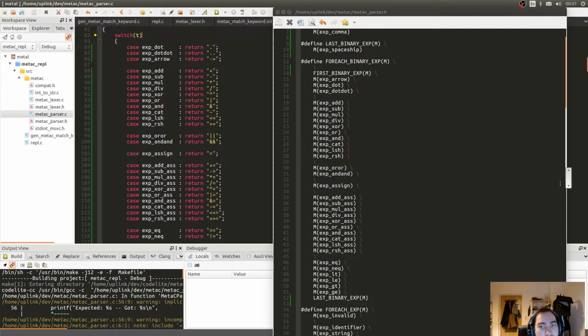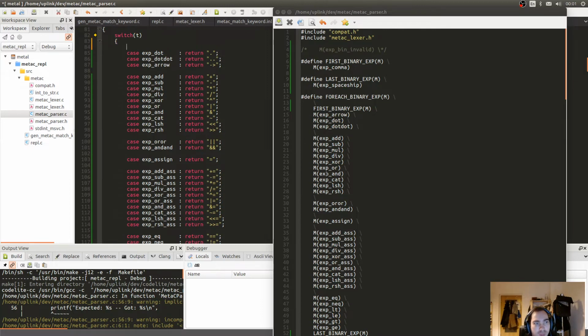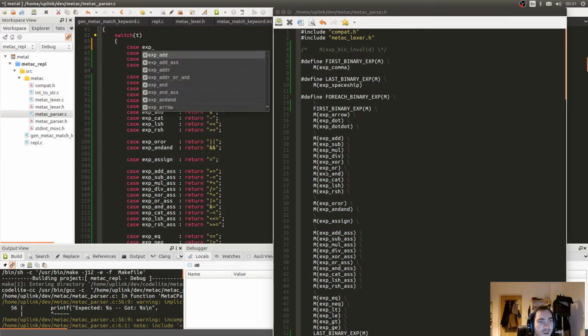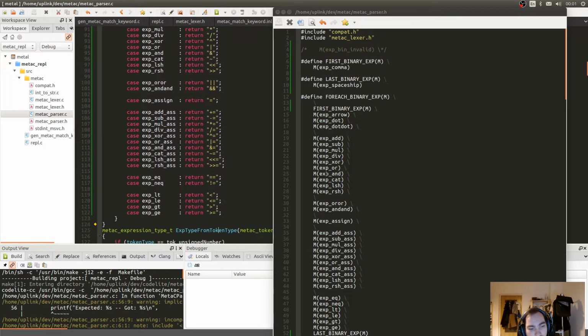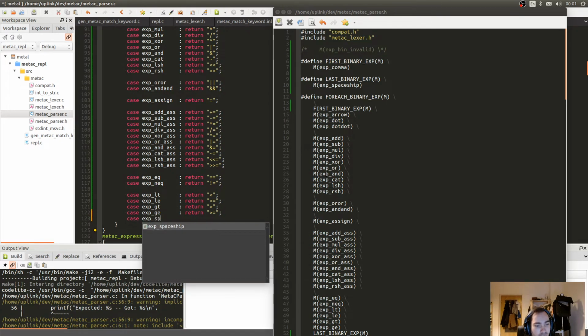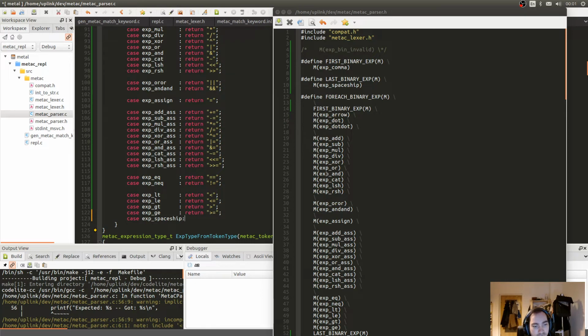Yeah, I am quite happy with this. I have the dot, I have the arrow. The thing I don't have is the comma, which I have to have. Comma, return, comma. And the other one that I also have to have is a spaceship operator, which I'm not quite sure why I even have that. And that now forces me to